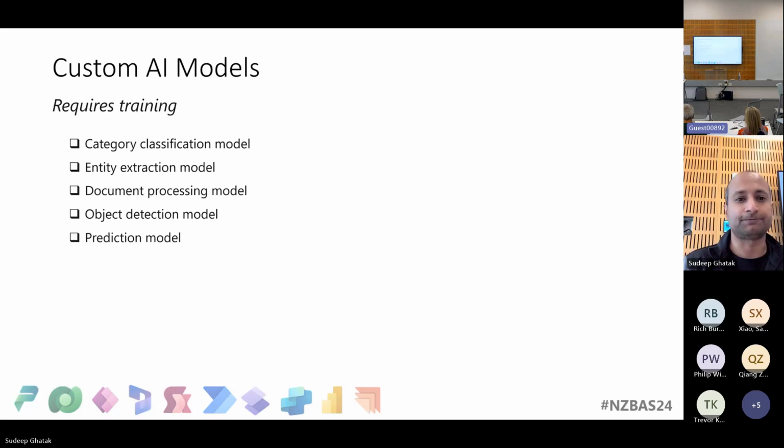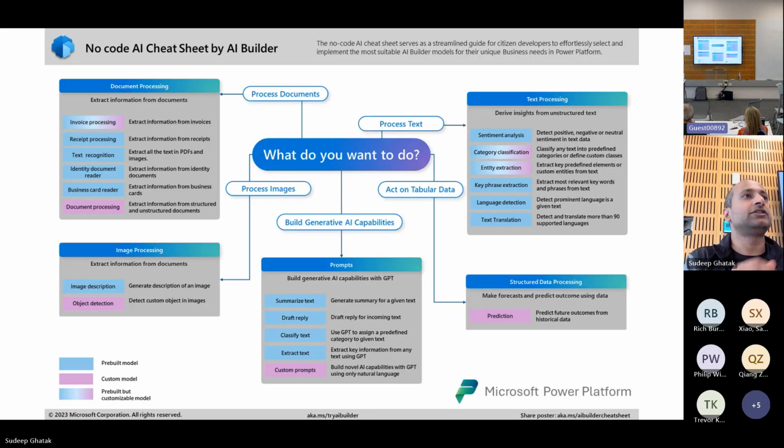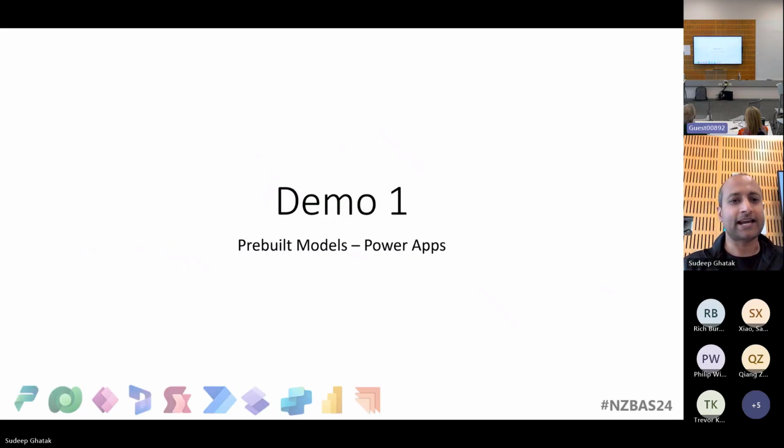There's a good cheat sheet that Microsoft has provided, which maps your use case to a model. You can see that there are some text models which you would see under prompts as well, and you could also see them under text processing. Like I said, you could use multiple models for the same use case. So with that, we move to our first demo. I'll start with